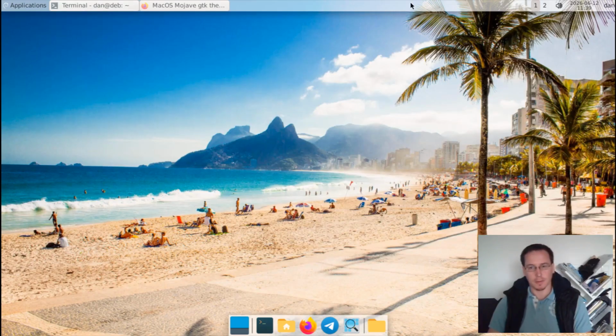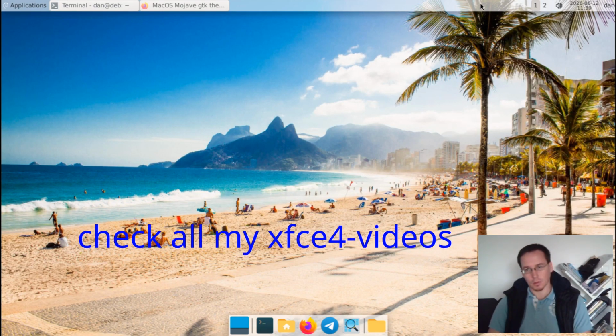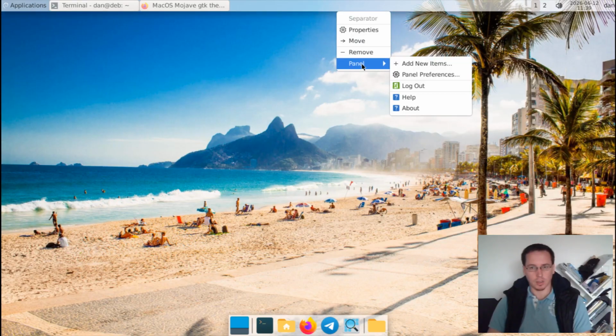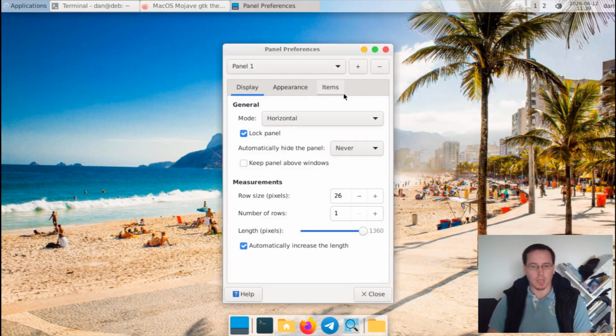So this is transparency in the terminal, for example, and then we have transparency in the panel, which I like the most. You see the background picture, the poem is also viewable in the panel with the transparency. Per default the transparency is not enabled on the panel, but you can do it. Right click on the panel, go to panel preferences,